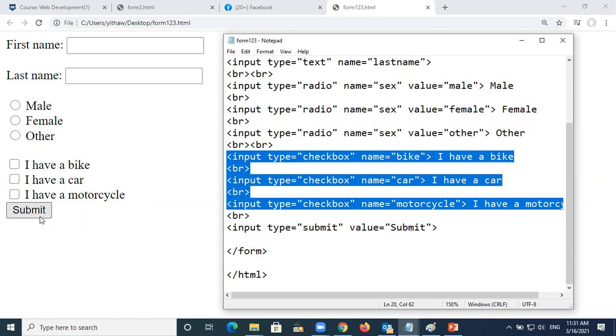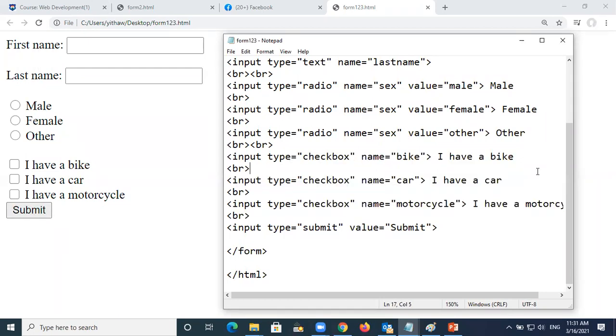Any questions, students, regarding this? I don't want you to go for many things at the same time. Regarding today, I just want you to understand the form, how to design the form using HTML coding. Any questions, please? I hope it is understandable, right? Not difficult at all. If you have no questions, I will just stop. It is easy, so please review again.